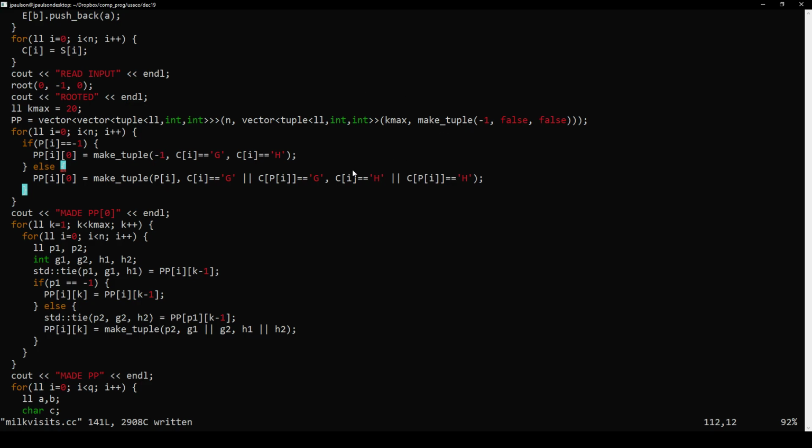We shouldn't look at anything with the parent if we are going past the end. And if the step takes us past the end, then we should